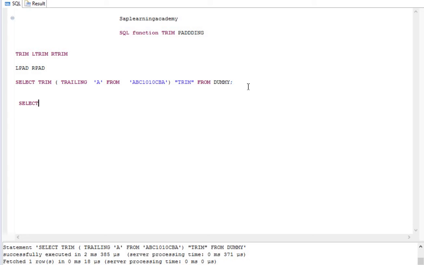Suppose I select lpad, and suppose you have a value like 1 2 3, and in total you want 10 characters. 10 is the length you need to specify, so this much will be the length of your full string. Then you add, say, 0, and you have defined that you are padding from the left, right? So if I just execute this,